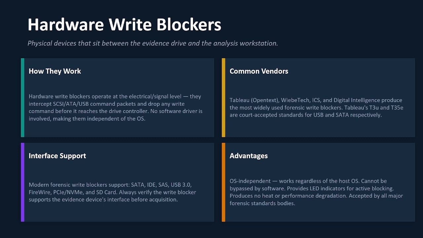There are a number of vendors out there, Tableau or OpenText, ICS, and several others produce widely used forensic write blockers. The T3U and T35E are older write blockers, and there are newer ones, and the prices range anywhere from, if you get an old write blocker, you can find them on eBay or elsewhere for like $200 a piece. The newer ones, they can run several $1,000s depending upon how they actually function and what sort of features